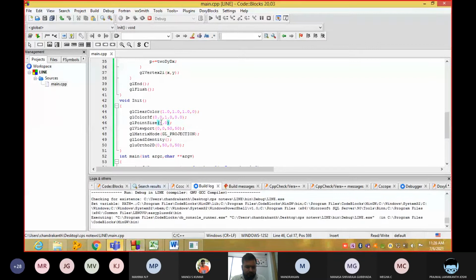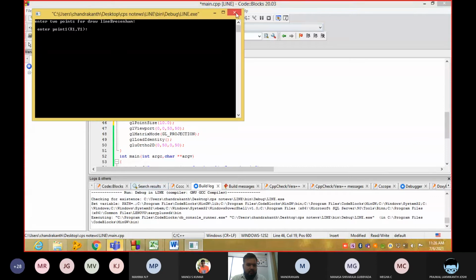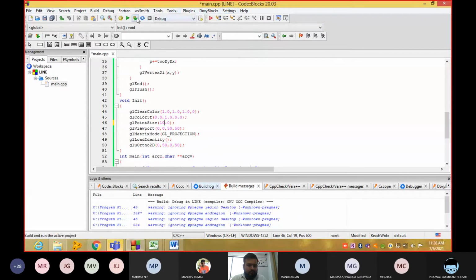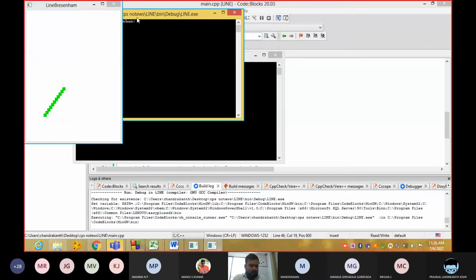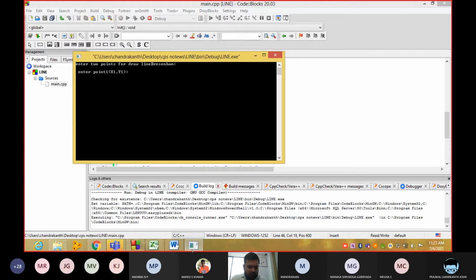The point size is 4.0 for you. If you want a darker line, let me take 10.0. If you see now, you're going to get the line thicker. You make these changes in your project. See here, now you people got the line in a thicker way. Mahima, can you see the difference? Yes, sir. You do these changes, it's more than enough.